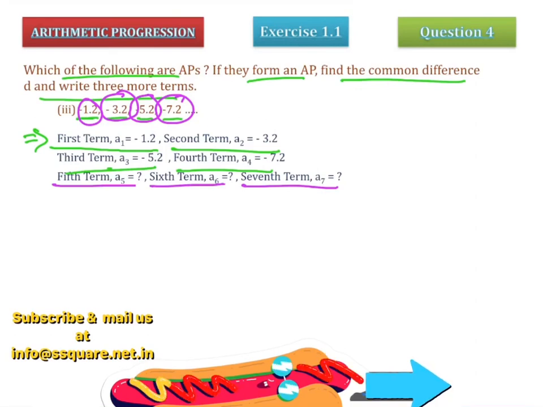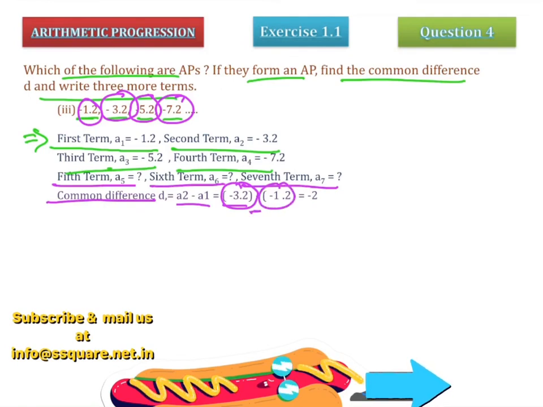Now we know the A1, A2, A3 and A4 values, and we have to find the D value. Common difference D is A2 minus A1. A2 I am writing like this, minus 3 by 2, minus of minus 1 by 2. So this is the A2 value, this is the A1 value, and in between that, minus will come. We have to be very careful about this minus. We have to close the brackets around each value, and in between the minus will be there. So minus 3 by 2, minus into minus becomes plus 1 by 2. So minus 3 by 2 plus 1 by 2 becomes minus 1. So the first D value becomes minus 1.